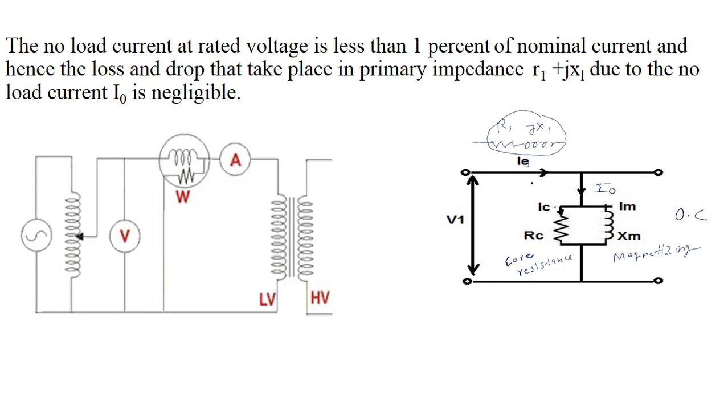While performing the test, the high voltage side is kept open circuited, and we have to connect a wattmeter, voltmeter and ammeter on the low voltage side. So this circuit will come into the picture here, on the low voltage side. We have to connect an ammeter in series, a wattmeter and a voltmeter, and connect this to the auto transformer. Using the auto transformer, we will vary the voltage in such a way that when V equals V rated, at that instant we record all the readings of the ammeter, wattmeter and voltmeter. We will see this in the next slide.